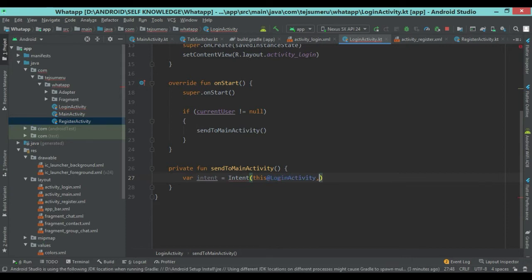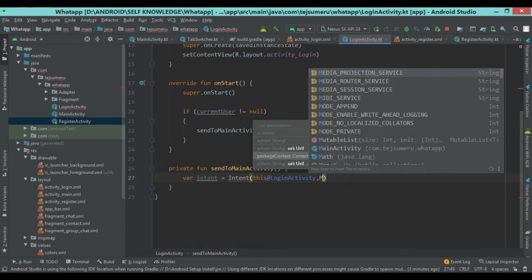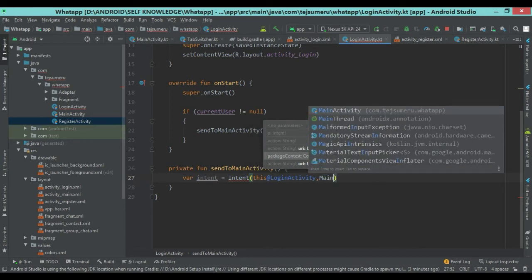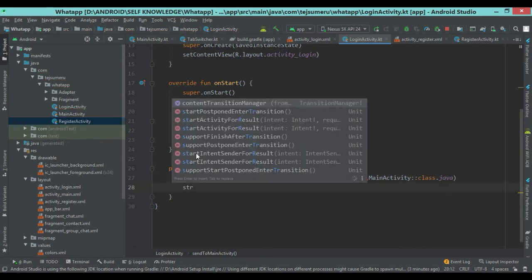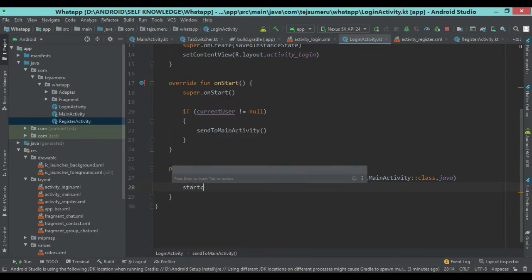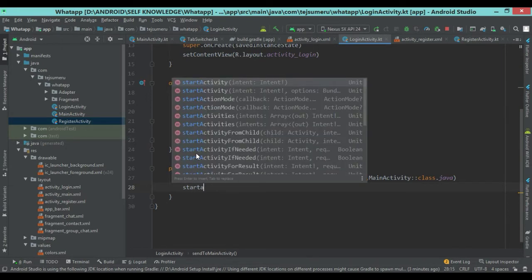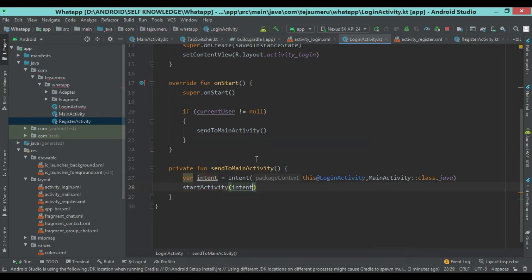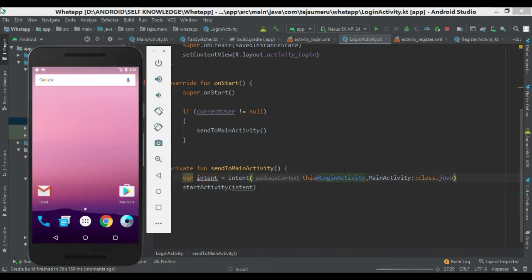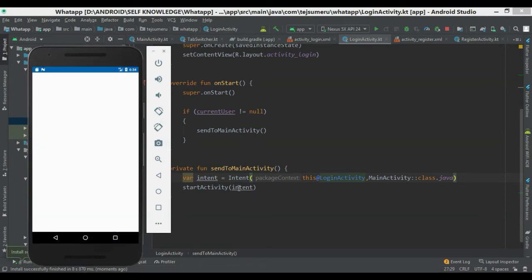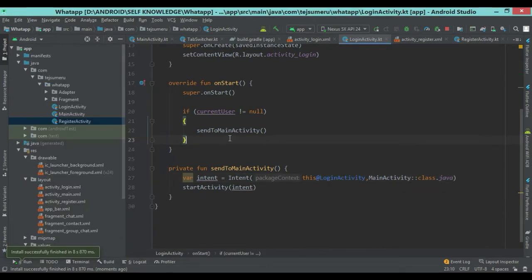And then pass the activity where you want to redirect, MainActivity::class.java, and call the method startActivity with the intent. Okay, so we run the application. Our application is running, so you can see that the login activity is visible. Now we have to use